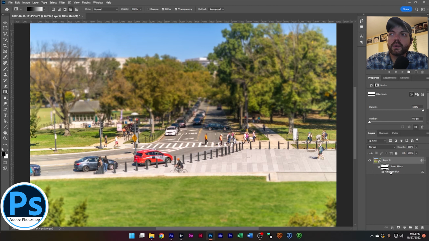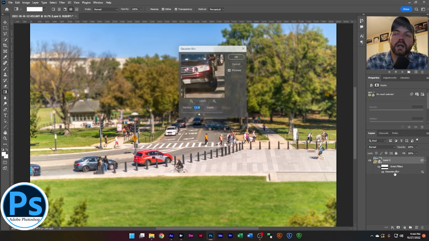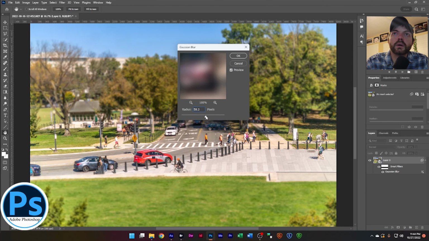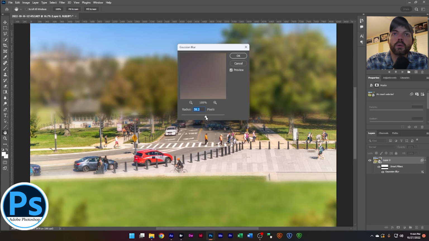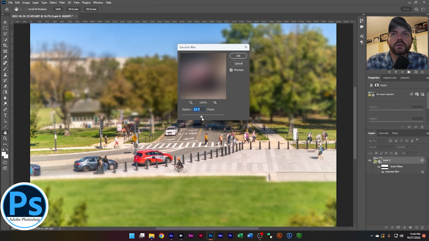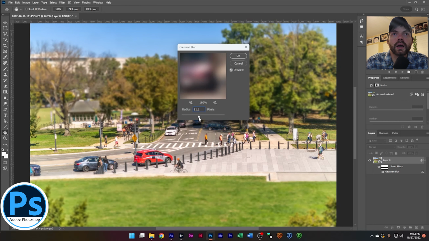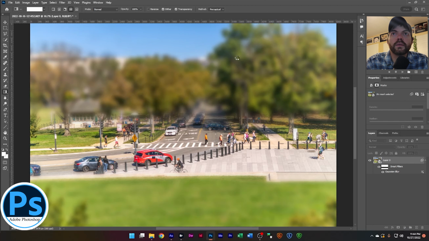Now you can play with it a little more, being non-destructive. We can edit the blur of this if I want it to be more blurry. Obviously that starts to look a little fake. I can come down a little bit, bring it down. Now, if I want to keep it blurry, what I'd probably do is select this and feather it a little more,